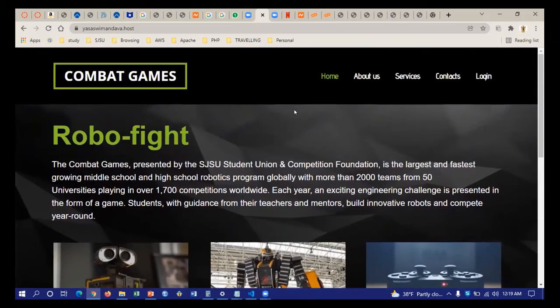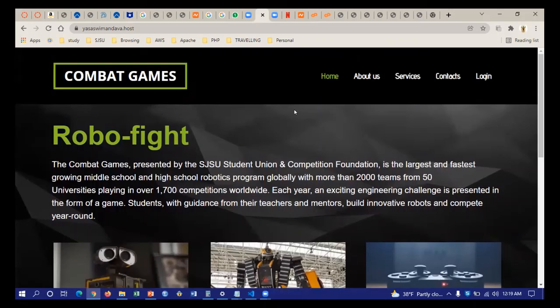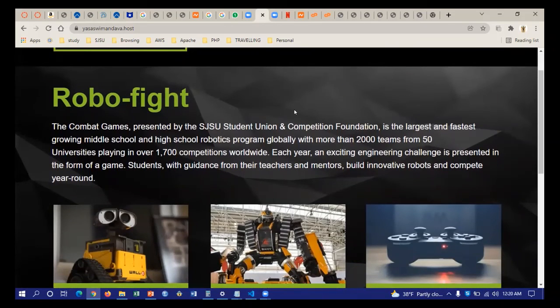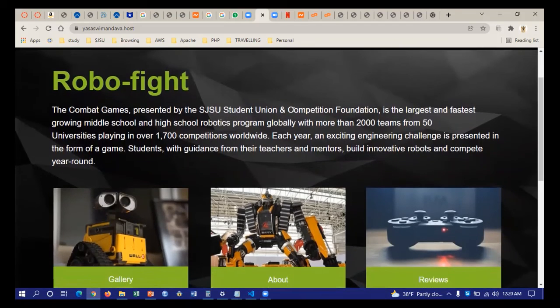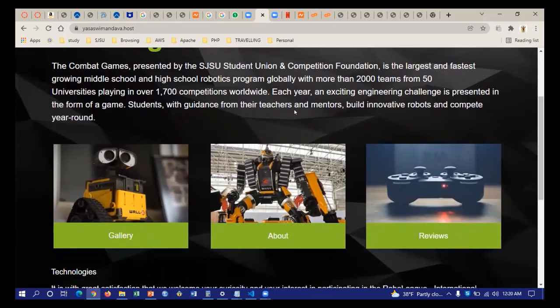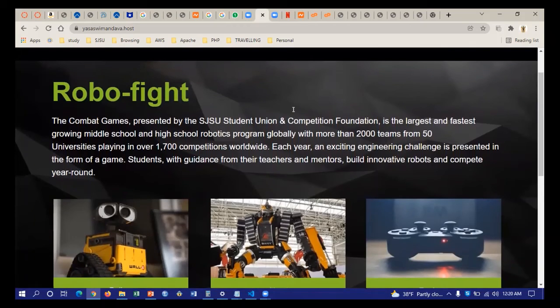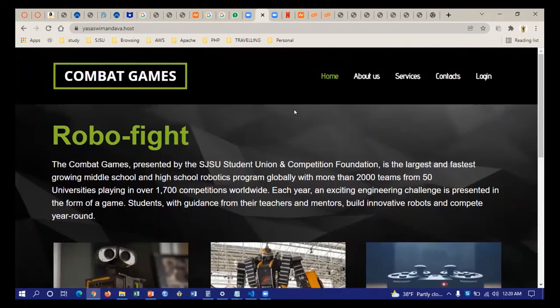Everyone can register on my page and participate in these robo leagues throughout the world, and we'll conduct different kinds of competitions and tournaments for robo fights. People can visit our page, review, and set a league and a match for themselves.